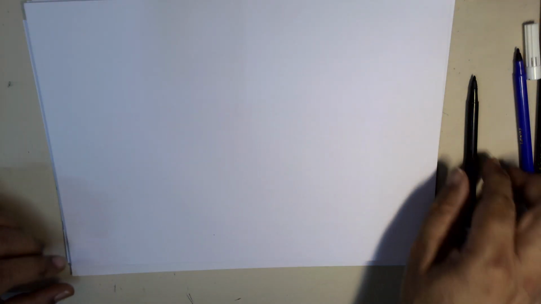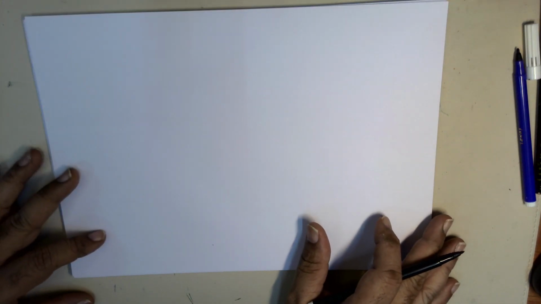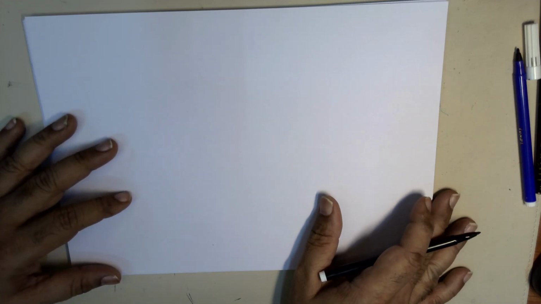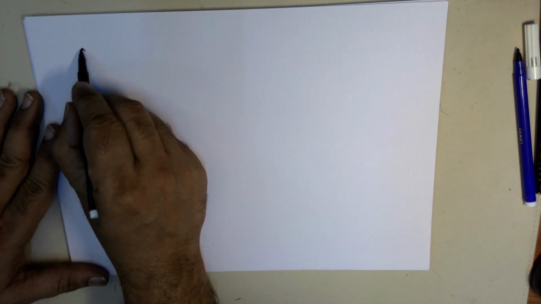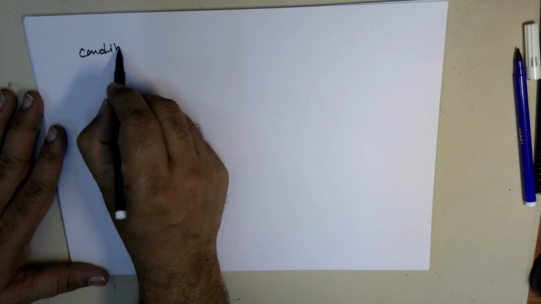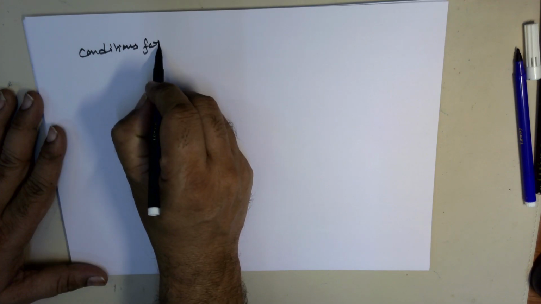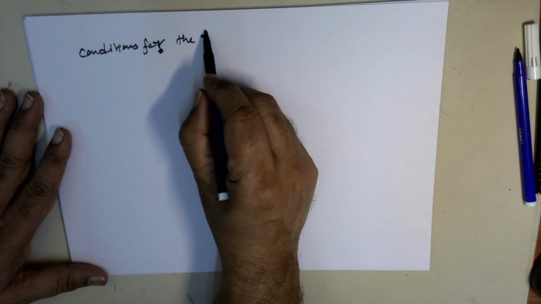Next, what are the conditions for the formation of coordinate bond? Definitely you should have a lone pair of electrons. The donor should have a lone pair of electrons. The acceptor must have some empty orbital, so then only it can be donated. Okay, take down. Conditions for the formation of